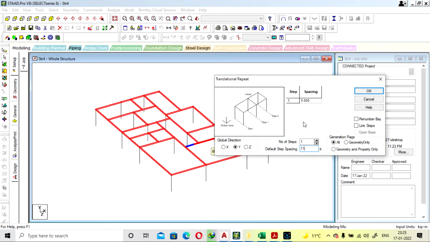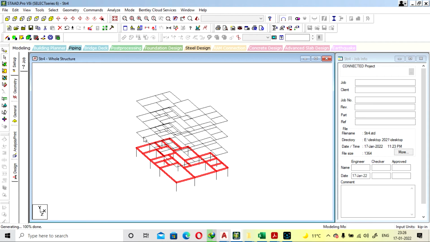So we will just copy the beam first. It will be first, second, third. We don't link the steps. So your ground is first, second, and third. You have to create one more, because it will be G plus 3. We will go with G plus 3 right now.